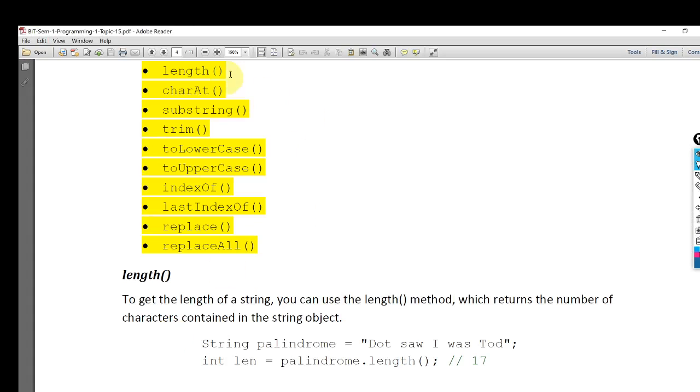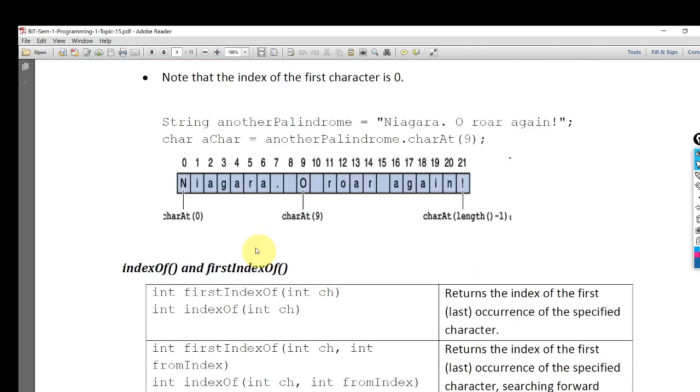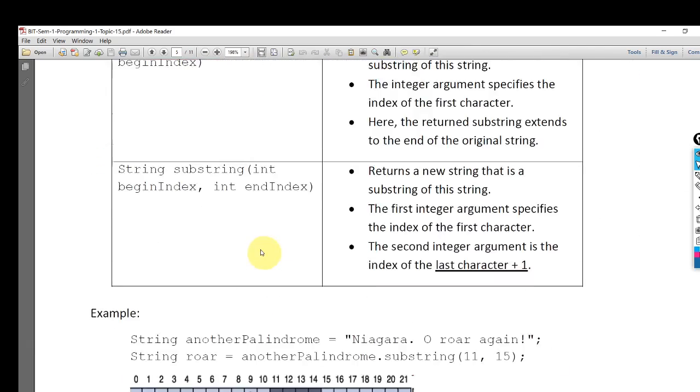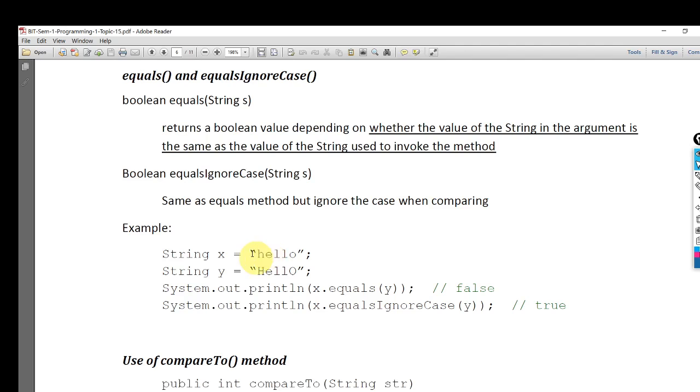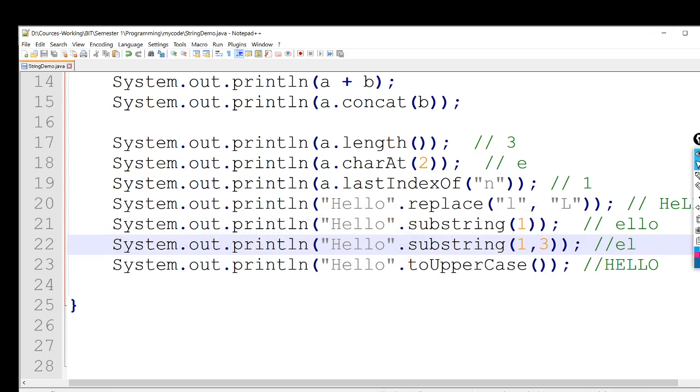So there are a few more methods. I am not going through each and every method. I just make you familiar with those things only. Then there's a method called equals, and equalsIgnoreCase. If you are serious about programming, you need all these things when you are coding. So again it's an instance method. For example, if you take something like this,